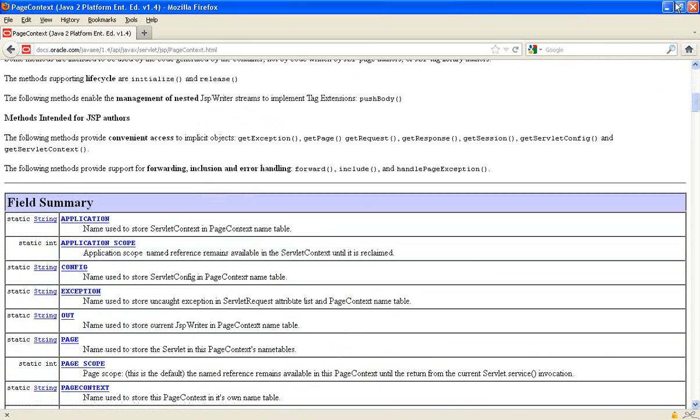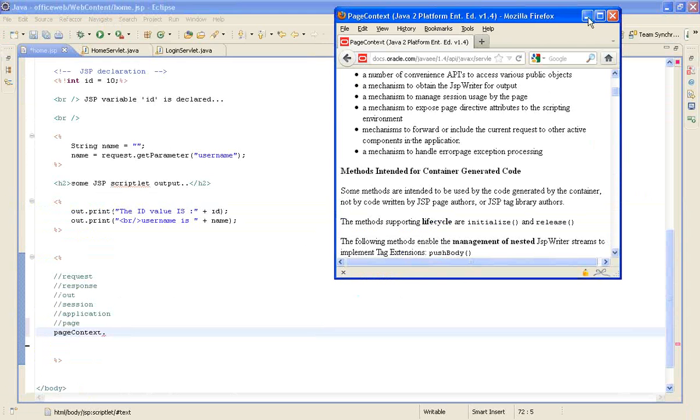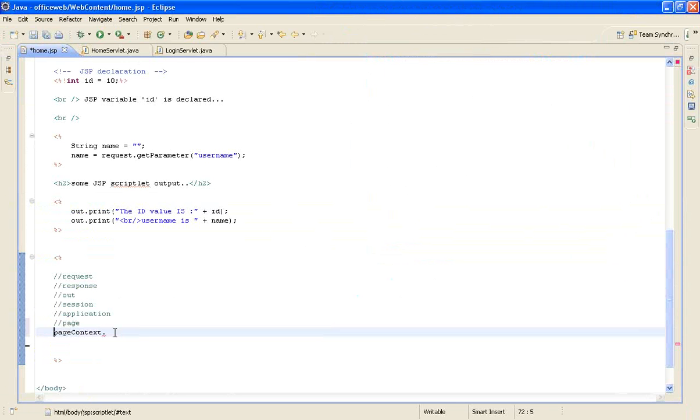I think the pageContext works like a servlet context. You can take this as a small assignment and try it out.